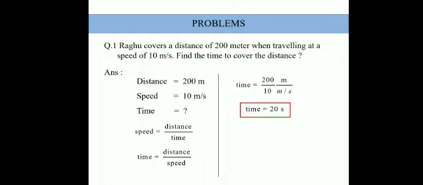Okay, so here what we found out is time. If we know the speed of a vehicle and a distance, we can find out the time taken by it. So time taken by Raghu to travel a distance of 200 meters at a speed of 10 meter per second is 20 seconds. What if Raghu is traveling at a speed of 20? Let's say we keep the speed 20 meter per second, then 0 cancels 0, and he would have taken 10 seconds, isn't it? Likewise we can keep on trying. If you change the distance, the value will change. I hope everyone understood. Fine.